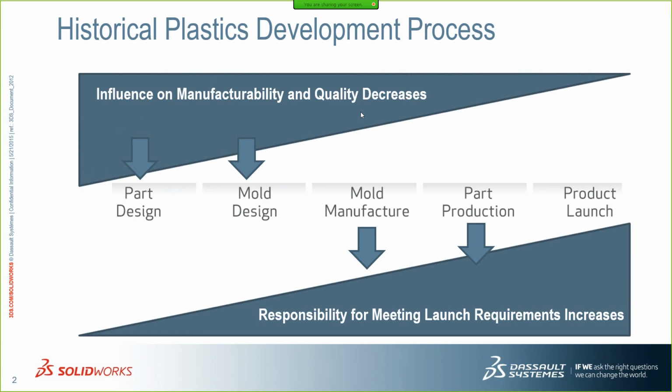And before we get into the product, obviously we want to understand the value that it brings and where exactly it can make a difference. If we see this simple image on the screen, this is more of a historical plastics development process, where we are looking at the influence on manufacturability and quality. Typically in the previous process, moving from part design to product launch, at the initial phases the manufacturability and quality